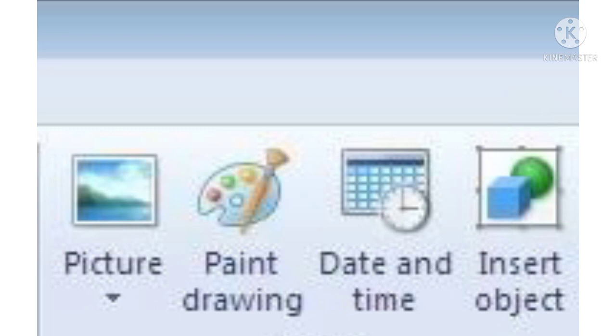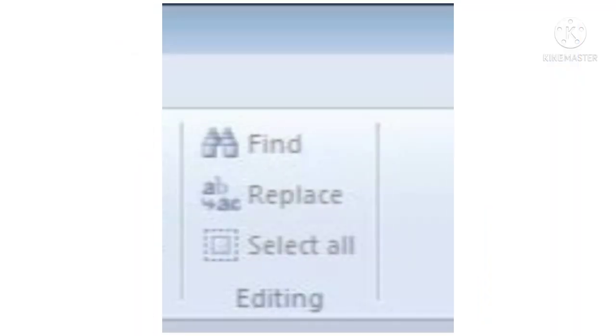The Insert section enables you to insert a picture, change or resize it to fit in the document, insert a drawing from MS Paint, insert current date and time in the required format and create a link to another file. Next, editing. The editing section finds and replaces text as well as selects all the text.